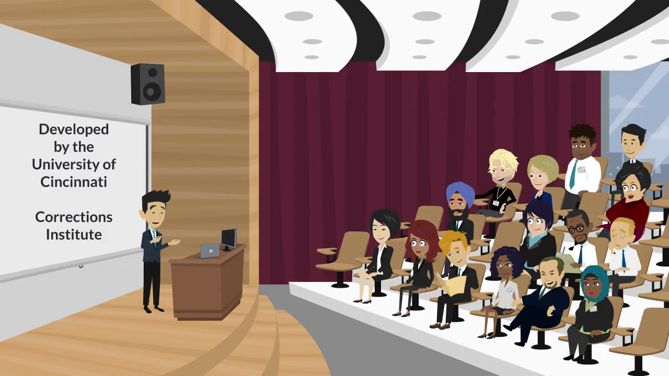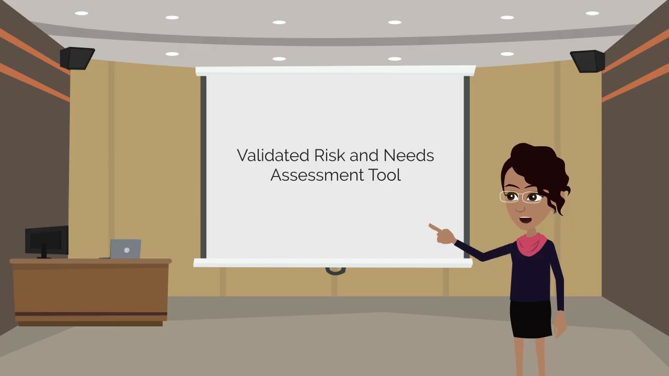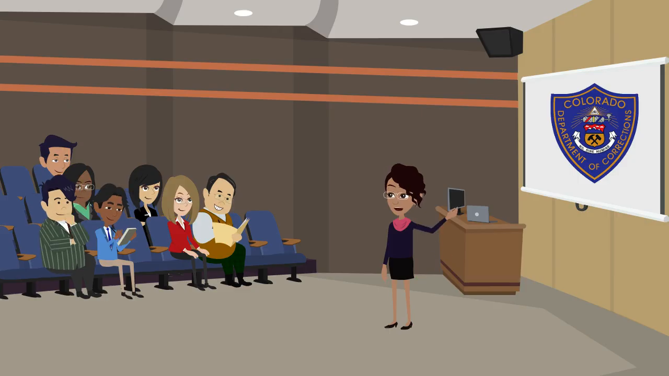The Community Supervision tool is part of a cadre of risk assessment instruments developed by the University of Cincinnati Corrections Institute. It is a validated risk and needs assessment tool, which helps community corrections practitioners identify persons under supervision at risk of recidivism. In 2011, the Colorado Department of Corrections began exploring the need for a validated risk and needs assessment